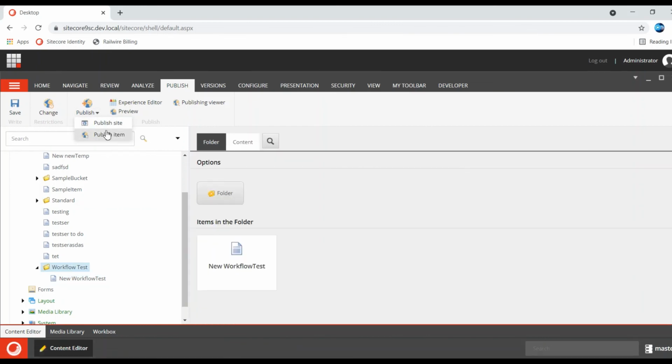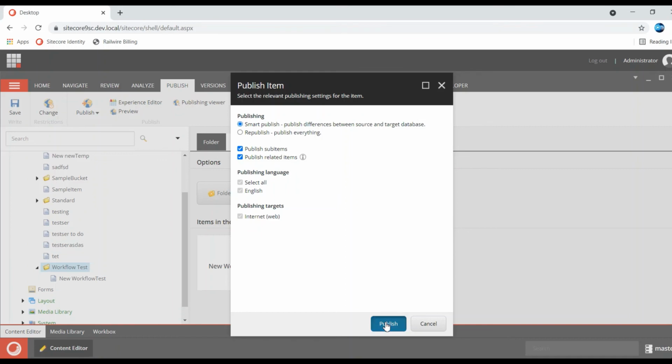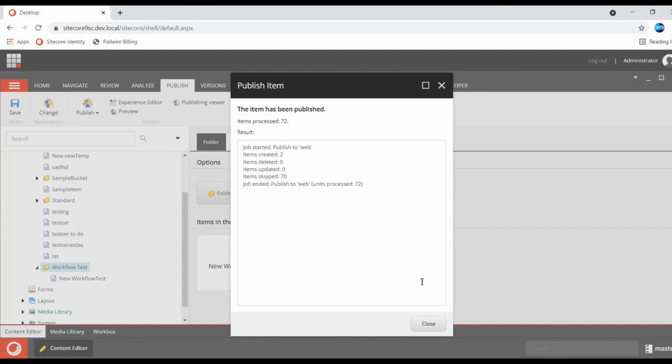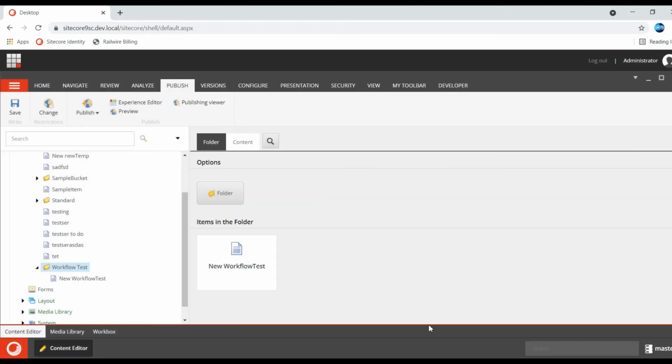I have shown here how to create a state workflow. In that I have shown a demo how to create a workflow and how to create an item for that workflow, and how to create a state in it, how to create a command.